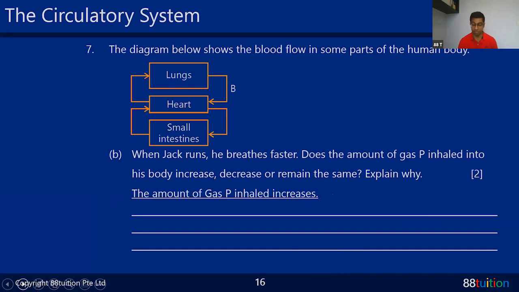The amount of gas P inhaled increases. Finish. But what about the rest of the blanks there? You didn't fill them up. That's why you get only 1 mark. So you always lose the other mark because you forgot that they say explain why. Explain because